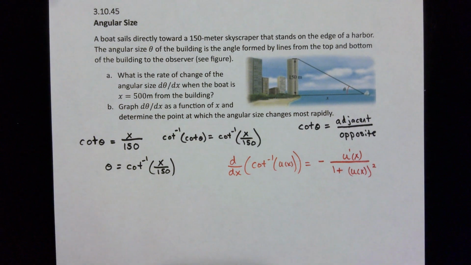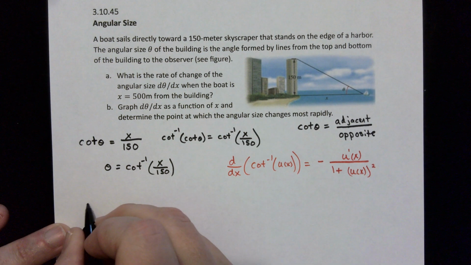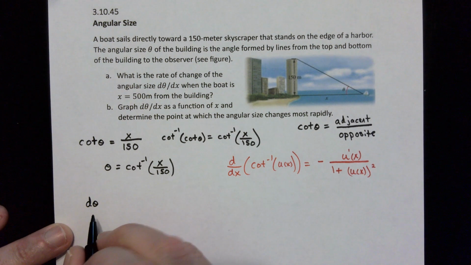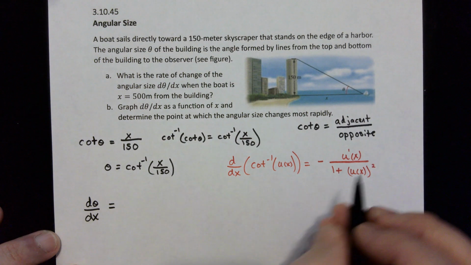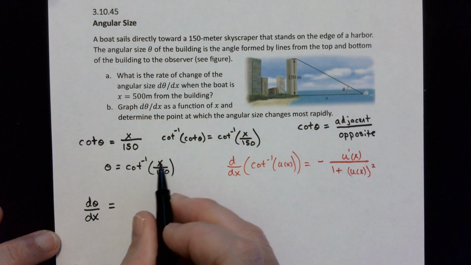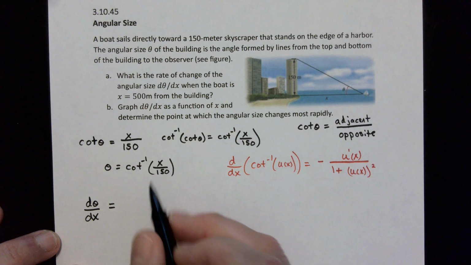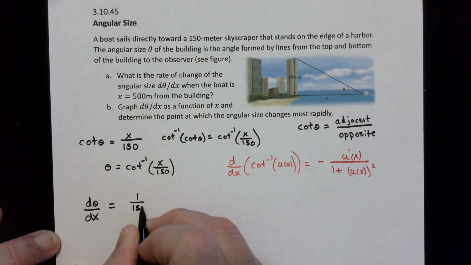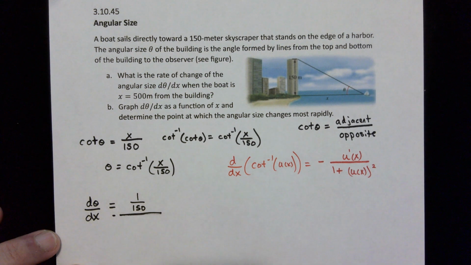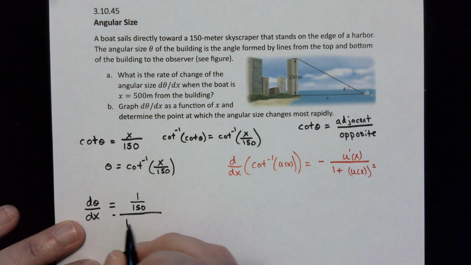Okay, so let's go back over here to the function and take the derivative. So we get d theta over dx is equal to, okay, so the derivative of the inside. So what's the derivative of x over 150? Well, the 150 is the same as just a number out in front of x. So it would be 1 over 150 would be the top. Okay, here's the fraction. Don't forget my negative that's out front there. Okay, and then on bottom, we have 1 plus the function squared. So x over 150